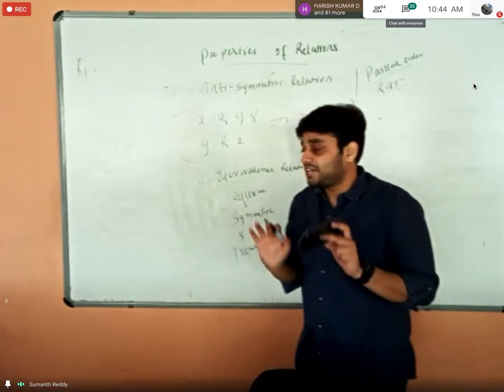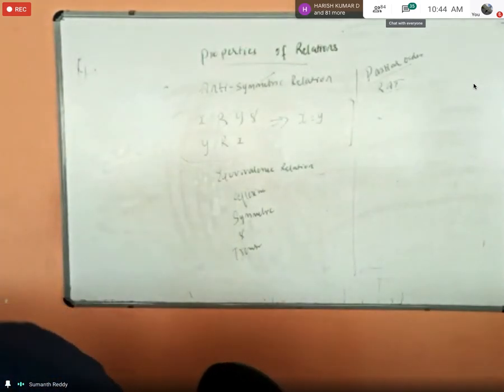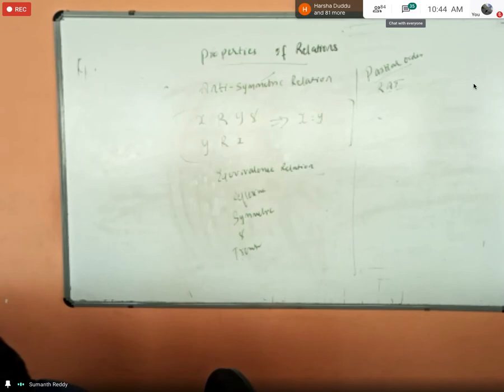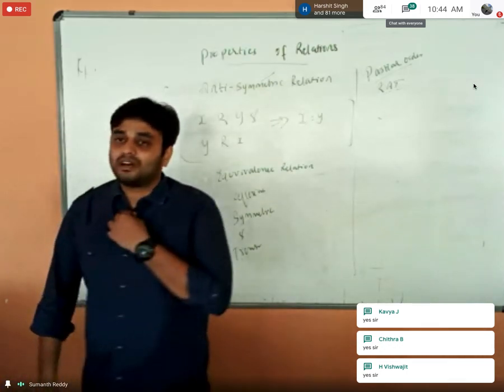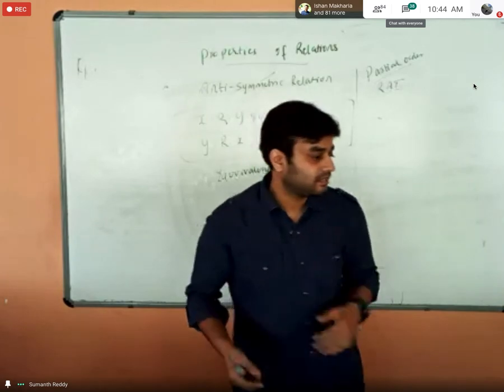I think definitions wise, it's clear for you, right? If we solve problems on this, it will be even more clear for you, students. I'm just asking you whether it's clear. Is it clear for you? All the definitions of these relations, is it clear? Okay, very good. Next, I will solve a couple of examples to make you understand better.